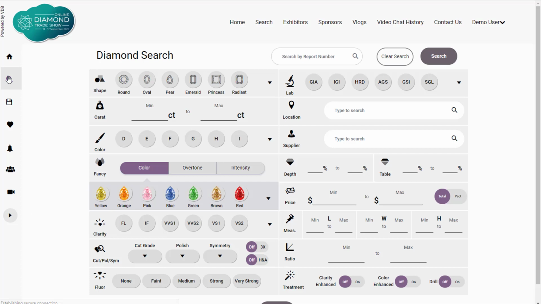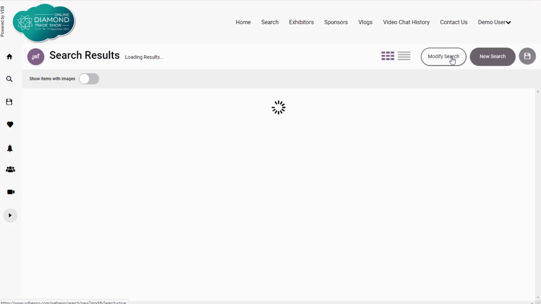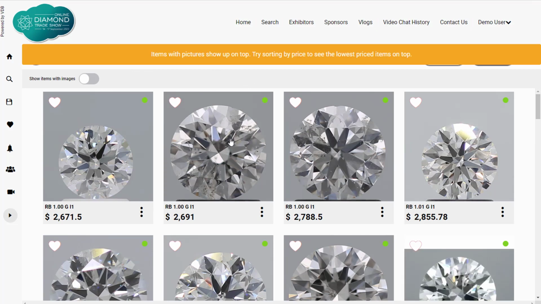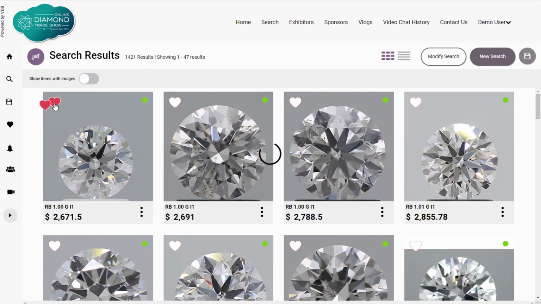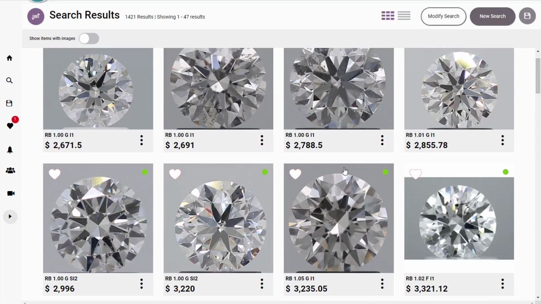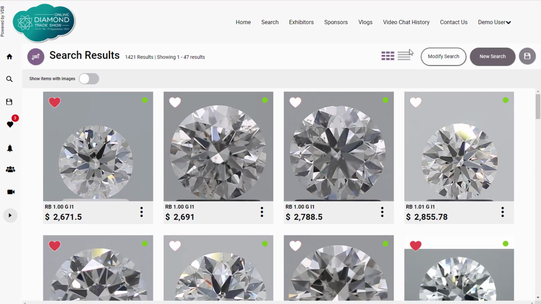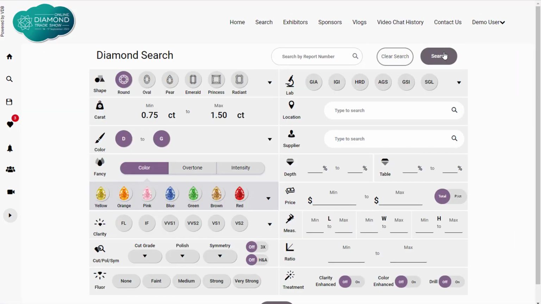So let's go back to search. Let's make another collection. So now we're just looking for round stones. We need this range, decent color, but let's not refine it more than that. So now we've got some diamonds to look at, and let's add this one and this one, maybe this one. So we've added 3 diamonds to this collection,